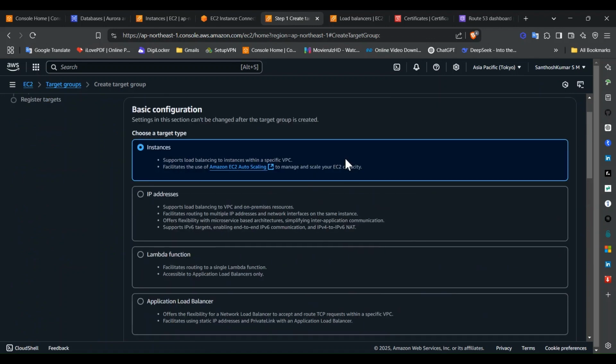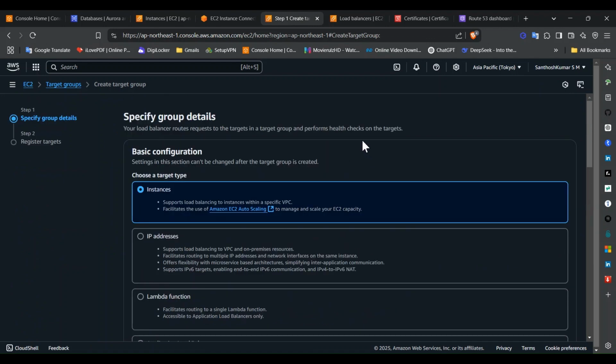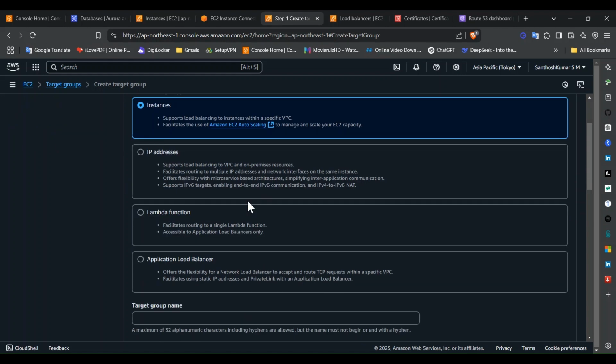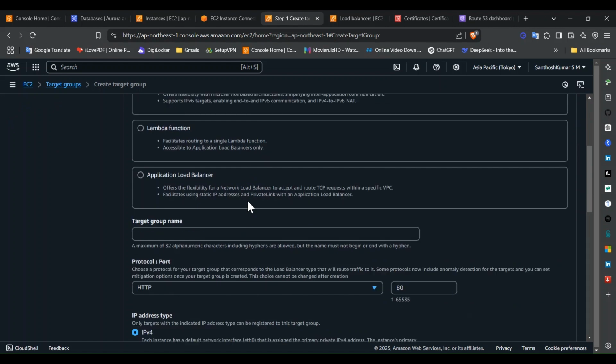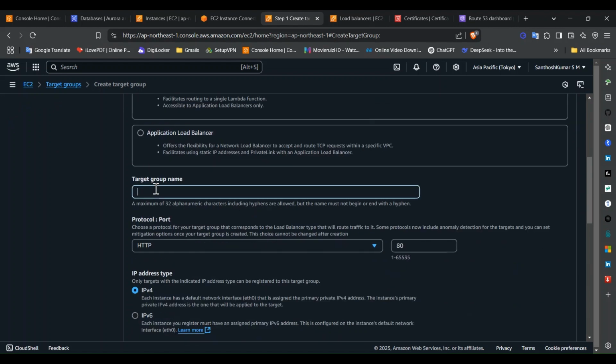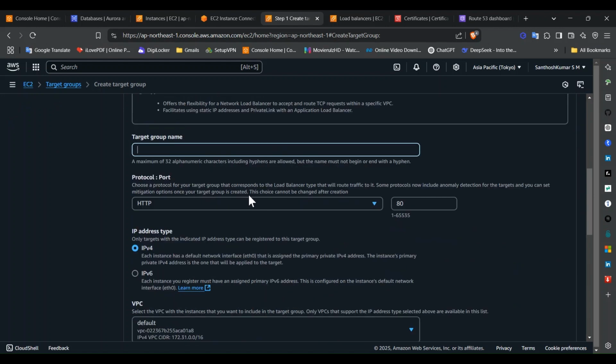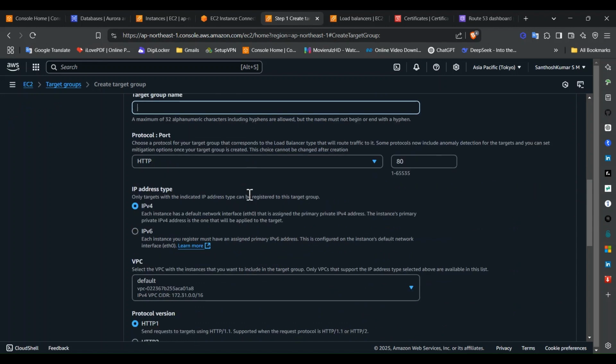Here you need to specify which type of target you want. I choose the target type as instance. Here you need to provide the name for the target group,